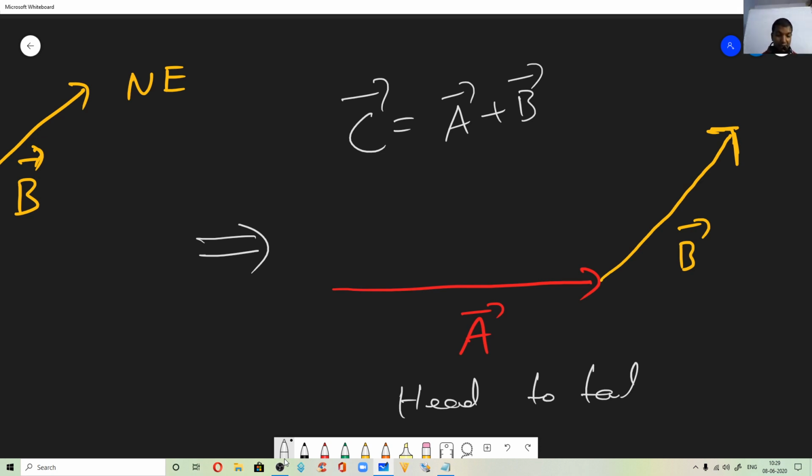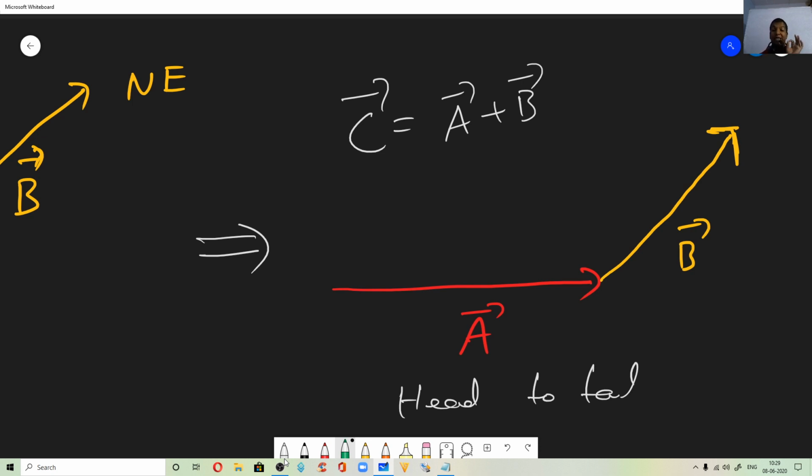Okay, now understand this. Now first step, we will arrange the vectors. For time being, I have taken two vectors. What if there are three vectors? That we are going to see next, okay? Now these two vectors I have arranged so that head of the first vector meets the tail of the next vector. So here the first vector is A, second vector I have taken as B. First vector is A, second vector is B.